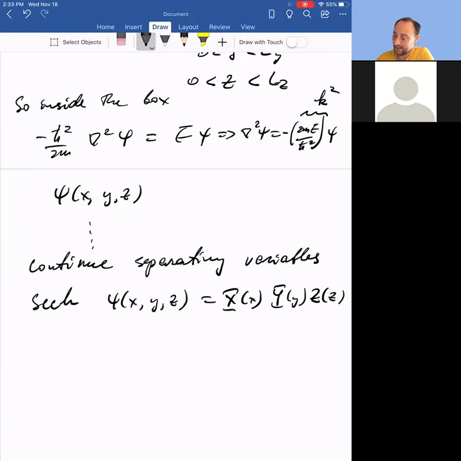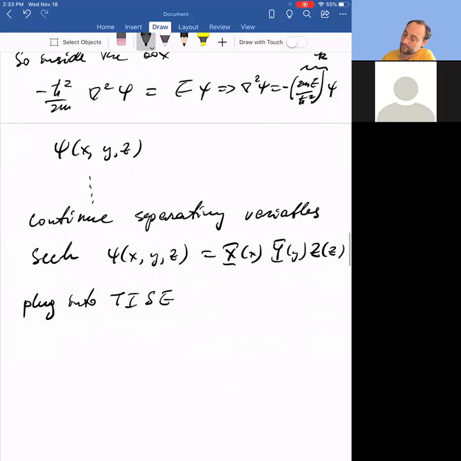Plug into the time-independent Schrodinger's equation and divide by the wave function. When you do that, what you get is